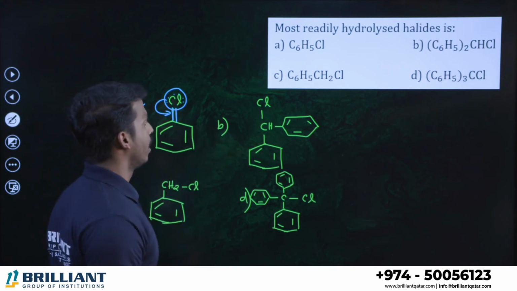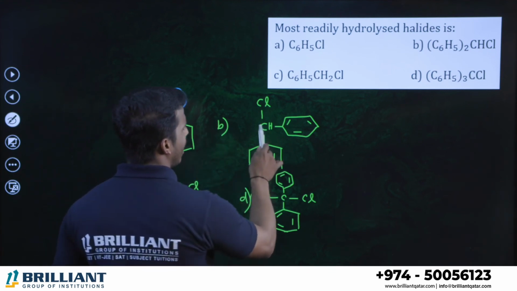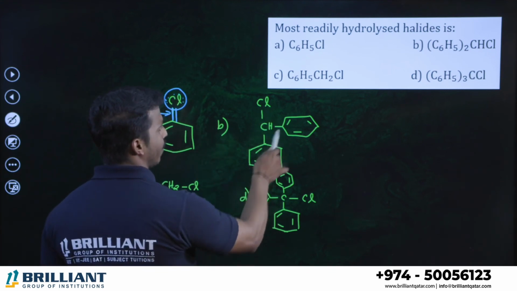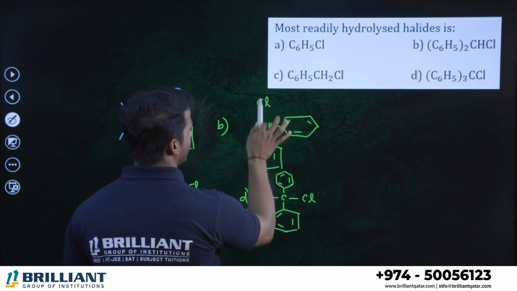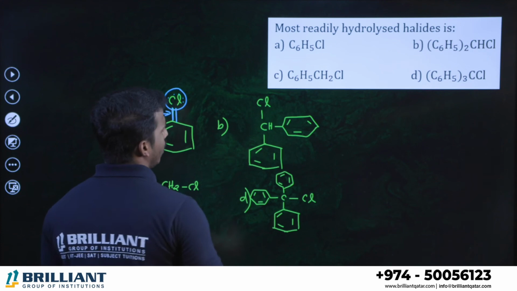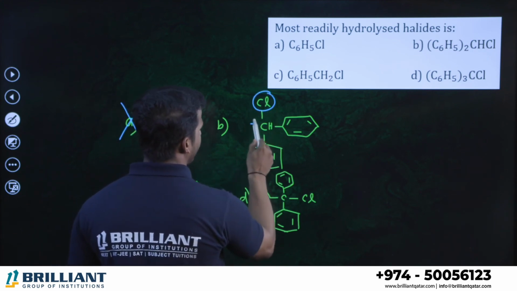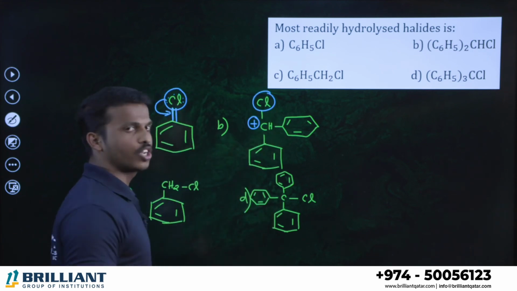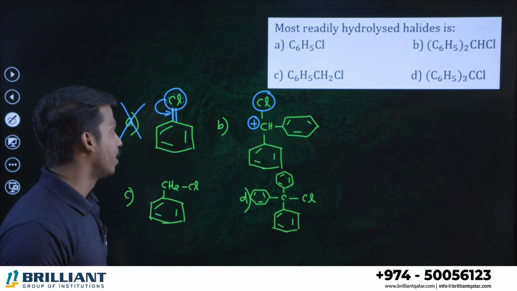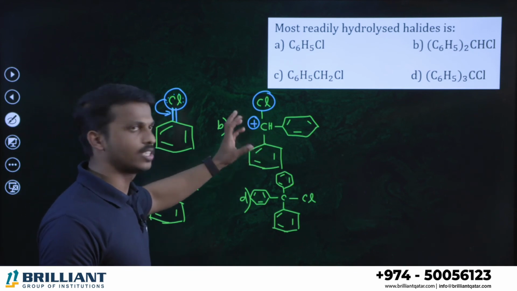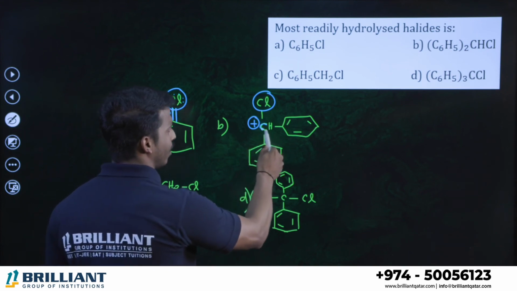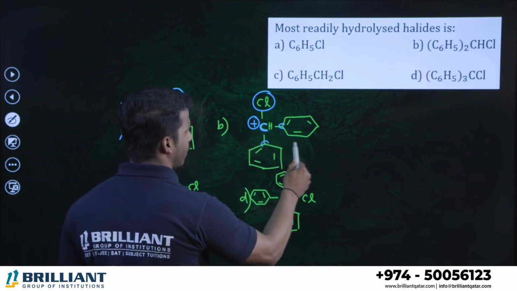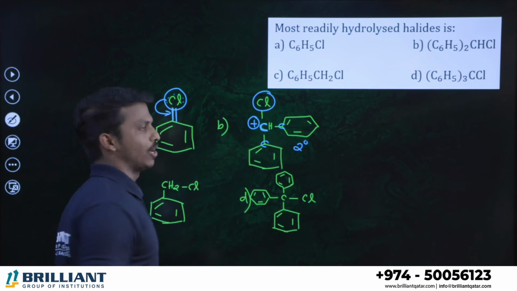Okay, next one. What about here? Here the halogen is not directly connected to the benzene ring. So it is possible. This is a haloalkane because the halogen is connected to an alkyl part. If you remove this halogen, you will get this carbocation. Can you identify which carbocation this is? It's like a benzyl carbocation, and this carbocation is directly connected to two carbons, so it is a secondary carbocation also.